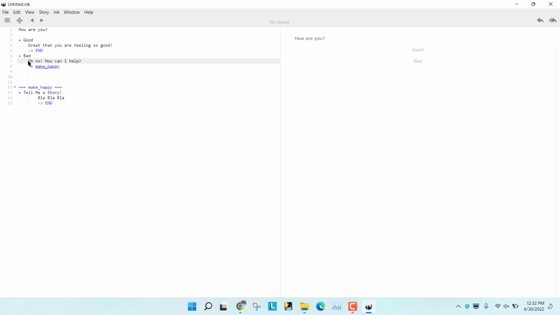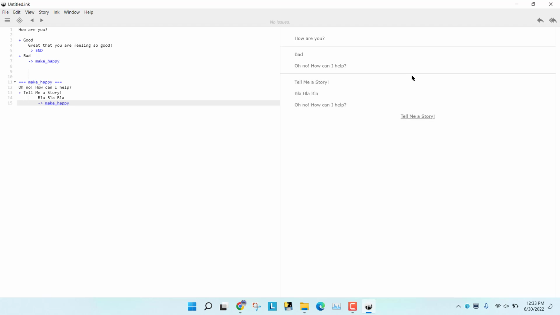I can also put this text directly inside. Okay, now I put my text in here. Instead of end, I can actually make a loop back to make happy. I can rewind all and say, how are you? I'm bad. And I can say, tell me a story. And go say blah blah blah, and then I'll go right back to, oh no, how can I help? Okay, but we don't want someone to be able to click tell me a story the whole time,